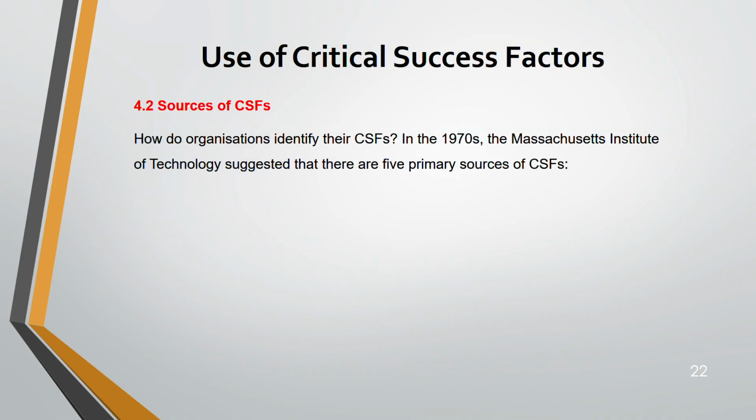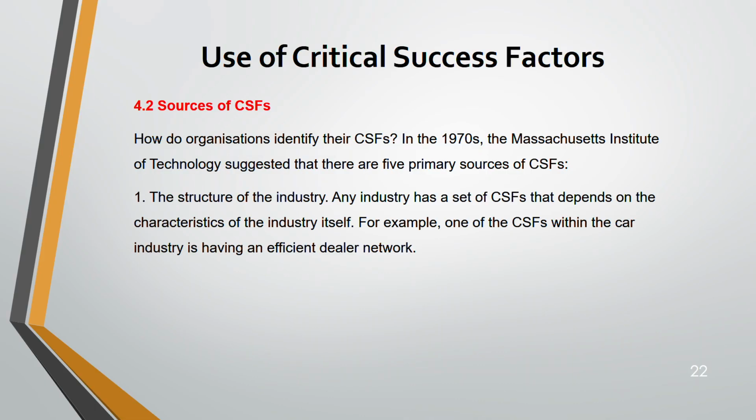Now, how do organizations identify their CSF? In the 1970s, there were 5 primary sources of CSF. First one, the structure of the industry that you're based in could be your critical success factor. It could be a reason why you're succeeding. Any industry has a set of CSFs that depends on the characteristics of the industry itself. For example, if you are in the car industry, your critical success factor is your efficient dealer network, because for a car there are so many parts,